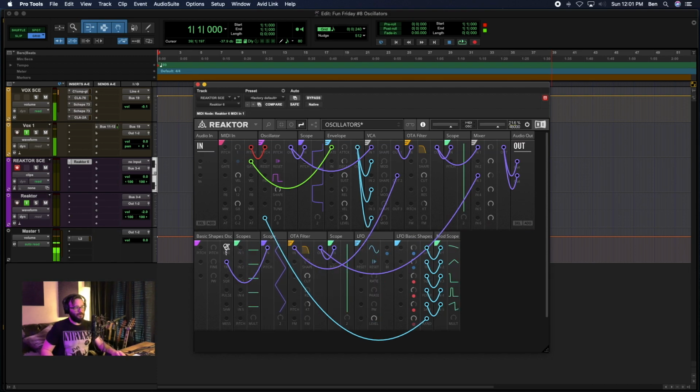Scopes. So if we drag these into here, then we can see what these waveforms are doing. I don't know if we actually want to mess with the pitch of that, but at any rate, you can see what these waveforms are doing. And if we adjust the pulse width, you can see what's happening there to the pulse, the different pulse types there. So what I find to be kind of cool is to go ahead and modulate that with some sort of an LFO. So if I drag in, for example, the random one,